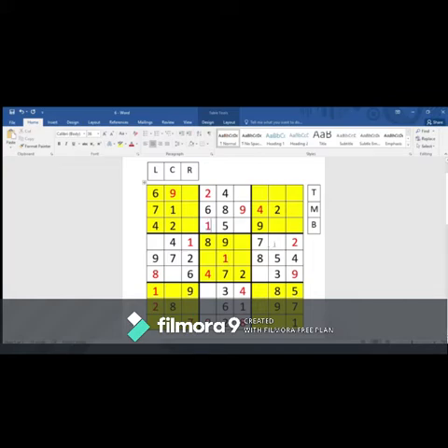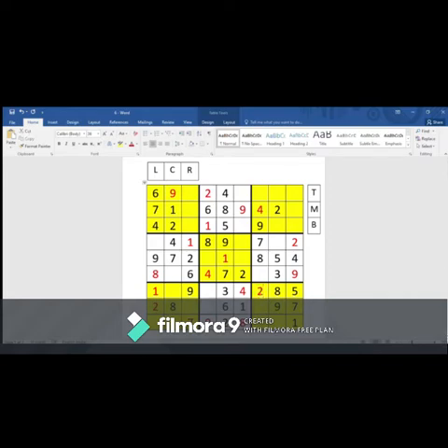Now let's go to the next 3 columns, that is 7, 8 and 9. Number 1, there is only one number 1, so neglect it. There is a 2 over here, that is the reason why we put 2 over here or here or here. We have 3 places, but if you notice carefully, there is a 2 over here, so we can't write 2 over there. There is another 2 over here, that is why I can't write 2 over there. So the only place 2 is left with is over there.